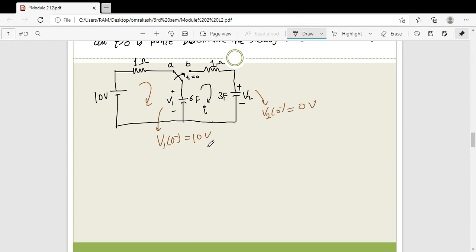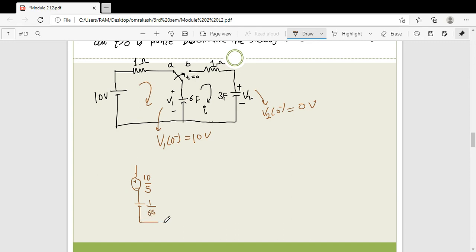So what is the value of this? 10 volt. So it's already seen कि कैपेसिटर के अगर इनिशियल वोल्टेज है तो उसको सर्किट में कैसे रिप्रेजेंट करते हैं हम, बाय एस, right? Whatever the initial voltage divided by s. So this is the 10 volt divided by s, and what is the value of capacitor is 1 by cs. 1 by cs is 1 by 6, right? So 1 by 6s.